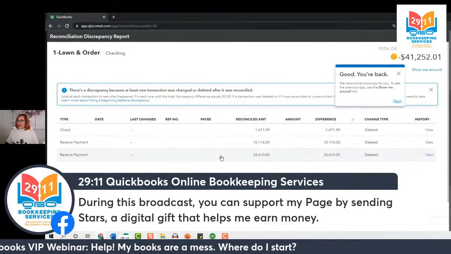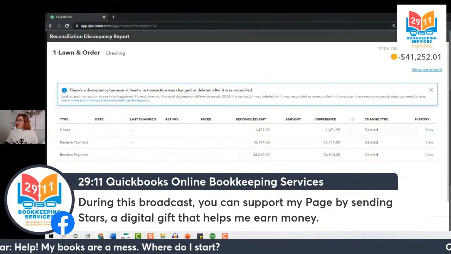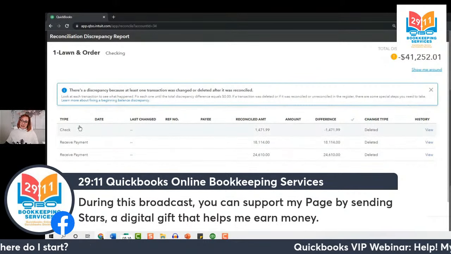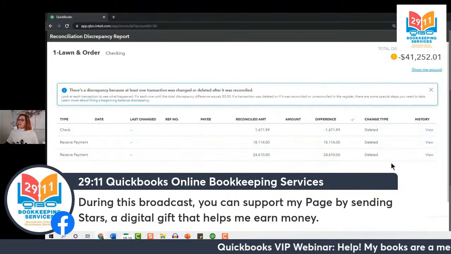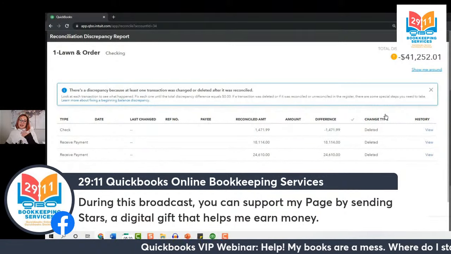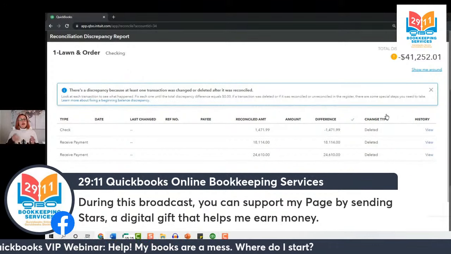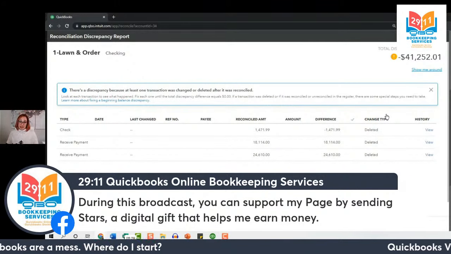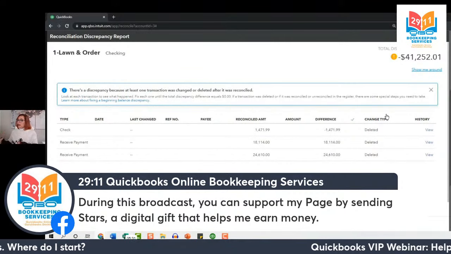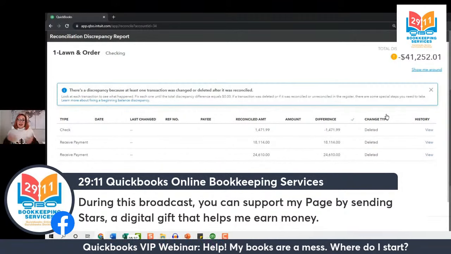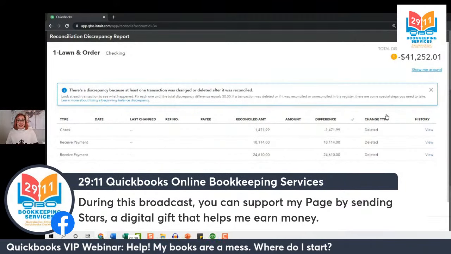So here, perfect. It looks like I have 3 transactions in this list, and unfortunately, they were deleted. Now, this list that QBO gives you shows you any transactions that were edited or deleted since your last reconciliation. If we examine what's happening here and it doesn't look too bad, then maybe we can fix them so we're able to move forward in our reconciliations.